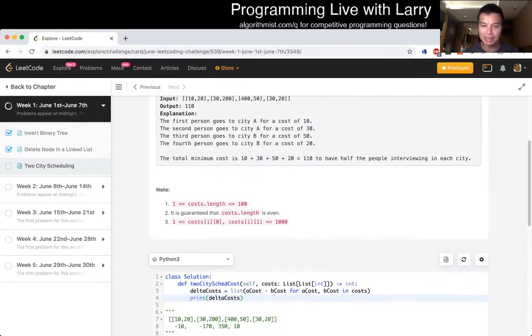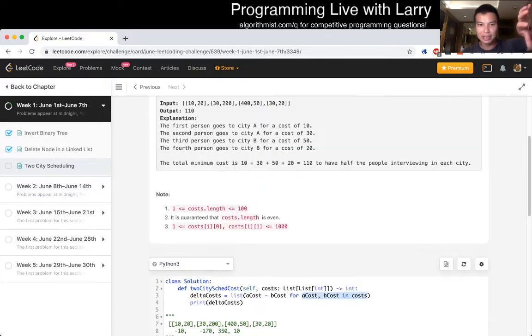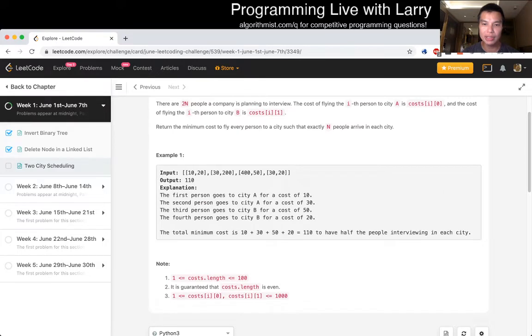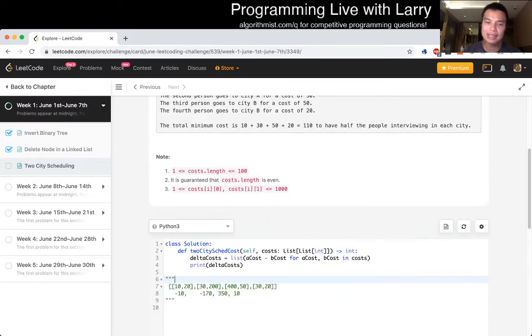But basically what it's saying is that for each A cost and B cost, which is each of these items, we just take the delta of them. And then now we figure out, and there might be a couple of things that I'm playing around with with respect to greedy, because greedies are always a little tricky. So then the next thing that I might think about is, does it make sense to be